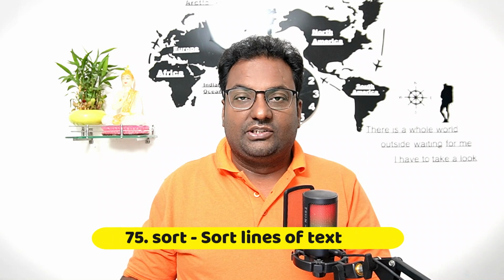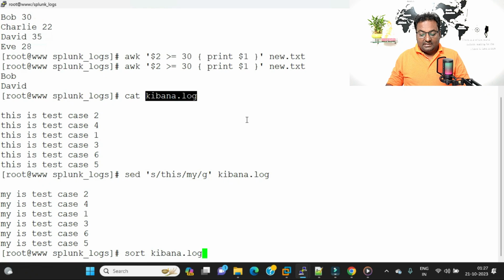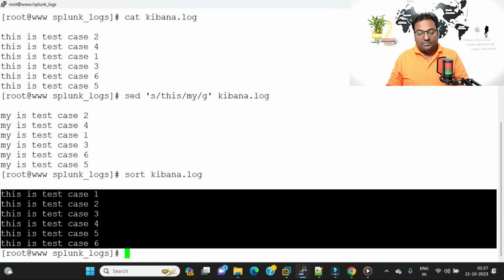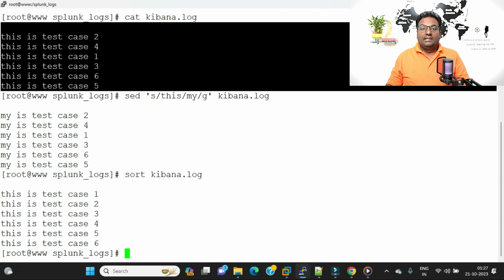So friends, let's move on to the next command, that is the sort command. The sort command is mostly used to arrange a file in ascending or descending order. Here you can see this is a file kivana.log, and if I have to put this file in proper order, then we can use the sort command. Just let me show you. If I use the sort command and run this, here you can see it's giving me the output as 1 2 3 4 5 6,